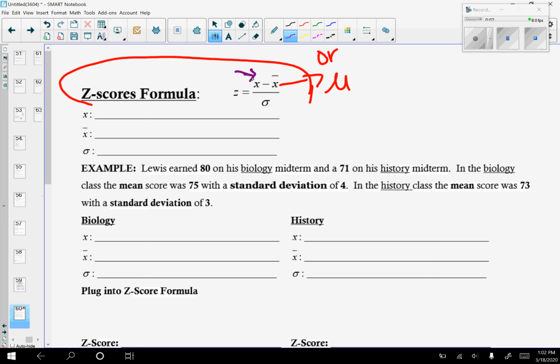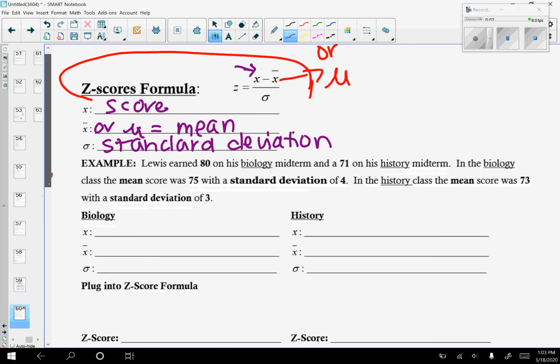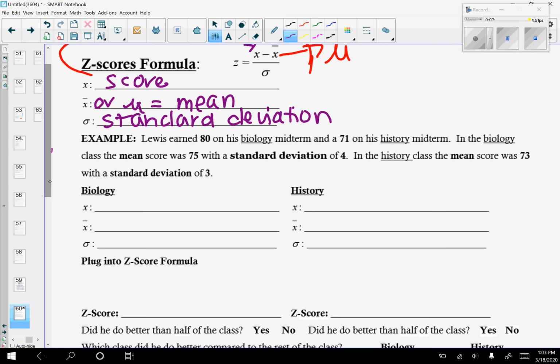This represents the score that you get. Obviously, X bar or mu always represents our mean. And then this obviously represents our standard deviation. Okay. So an example here is Lewis earned a score of 80